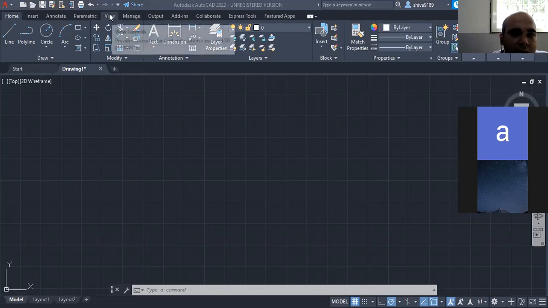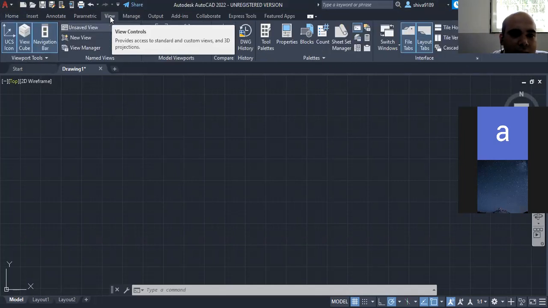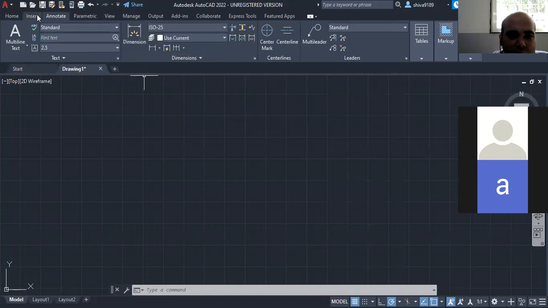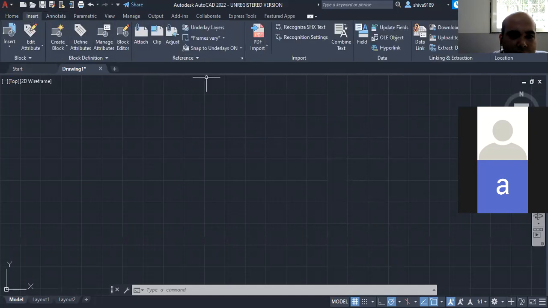In this, you can see the drawing unit you have set, and you can find it out here as well. You have to explore a little. But for the unit, you simply type it here.